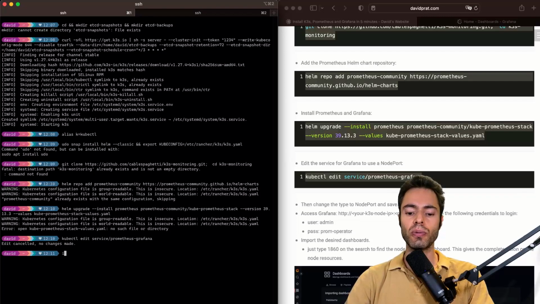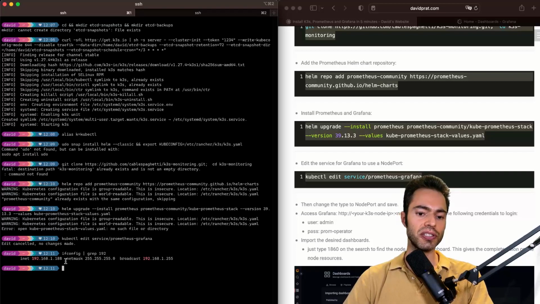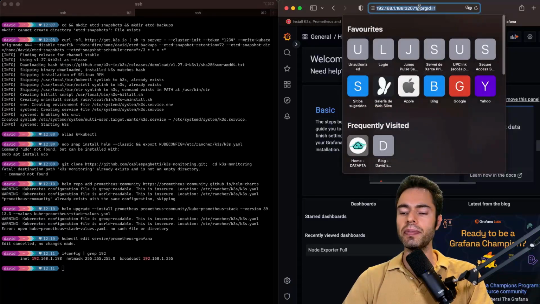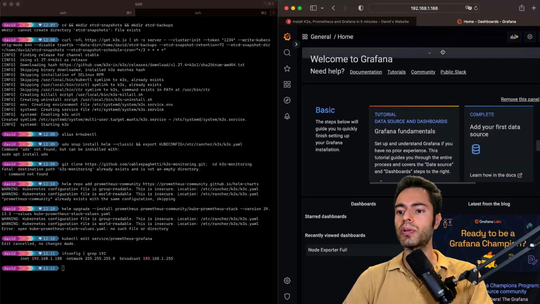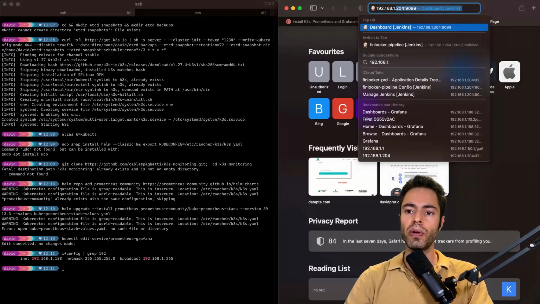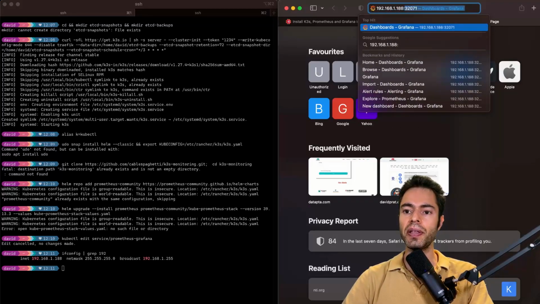So in this case, what you can do to know the IP of your server is to use this ifconfig command. In this case, you can see how the IP that I'm using ends with 188. So we would go to this IP, and we would be accessing Grafana. In this case, I already was registered, but let me do the thing again. So we would be accessing this IP, and then to know